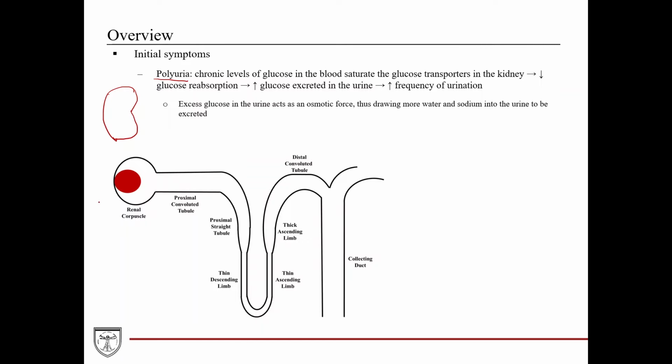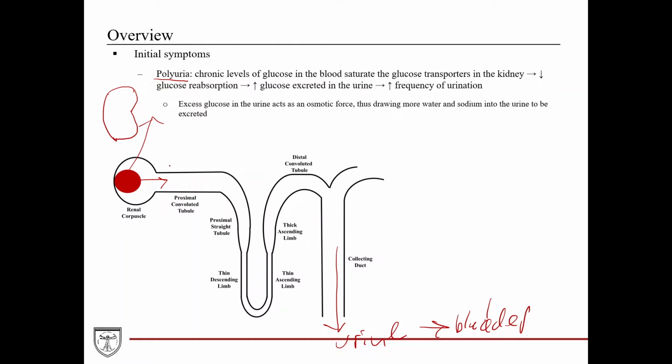So blood comes in through these blood vessels in the renal corpuscle here, and then the fluid gets filtered, and then the blood ends up returning back to the bloodstream. And then here you have the first filtrate, is what it's called, and then it goes through the whole nephron here, and then it gets into the collecting duct, and then it becomes the urine, which then goes to the bladder and then is peed